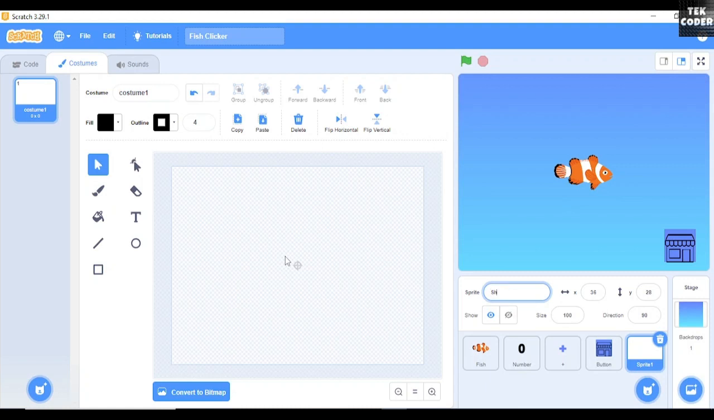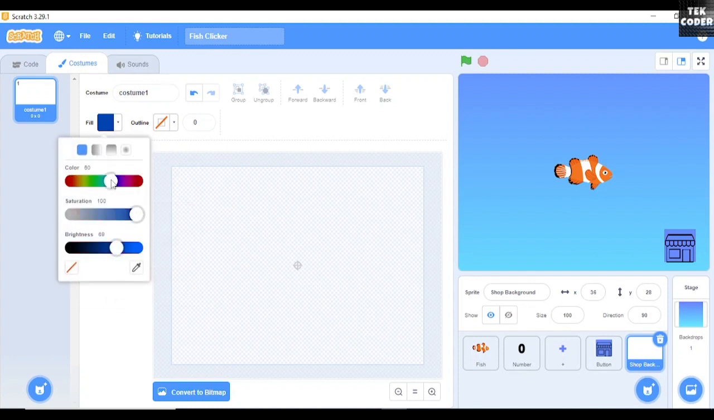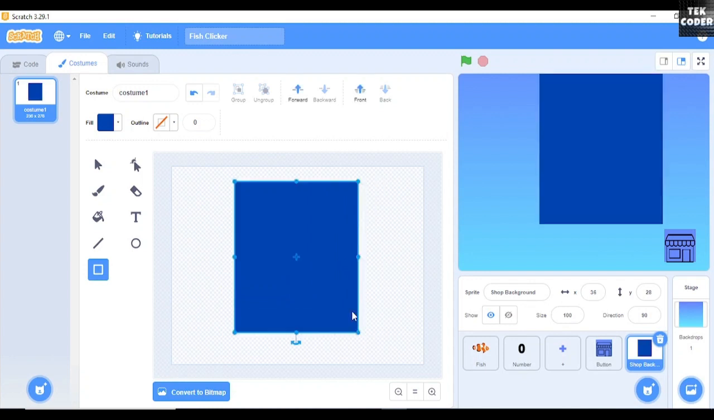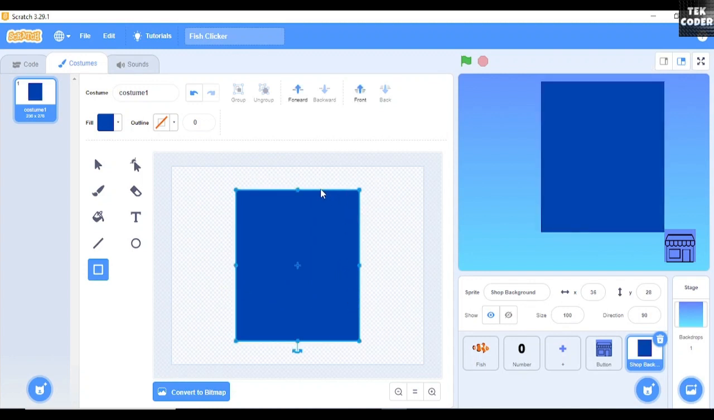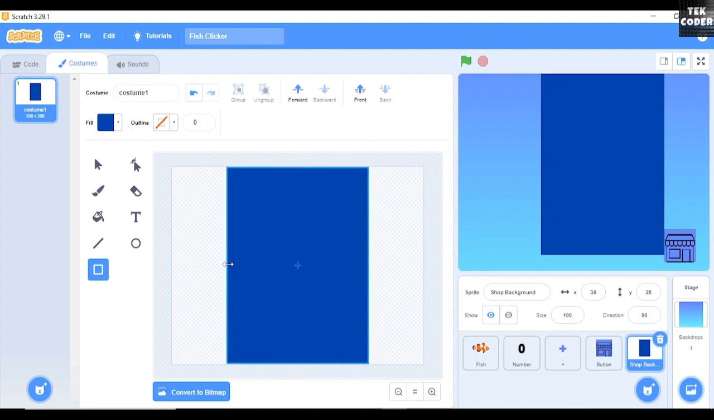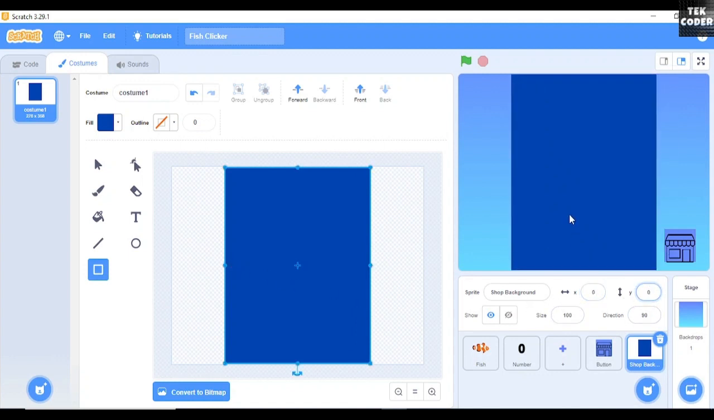Create a new sprite called shop background, and then I'll choose this color, make a square holding the shift key, and then I'll use the alt key to make it bigger and wider, and then let's set the position to x 0 and y 0,